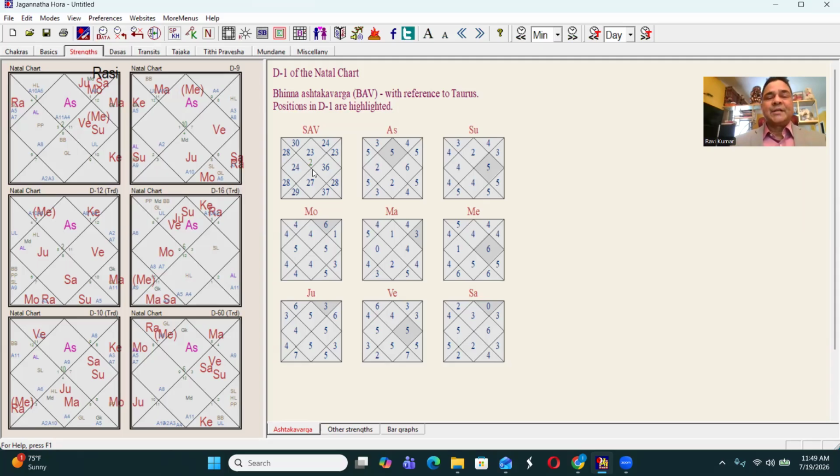Now, if you see any house with less than 28, then that house is going to suffer, and any house with more than 28 is going to prosper. Depending upon how far away from 28, the average number, each house's points are, you can accordingly decide how much it is going to suffer or prosper. So here, 37 is the highest number which I can see, and it's in the 8th house.